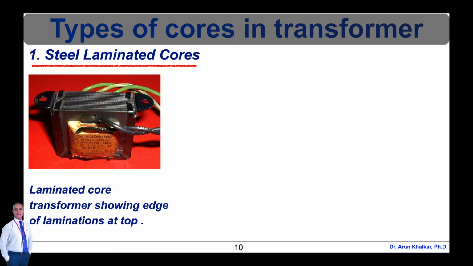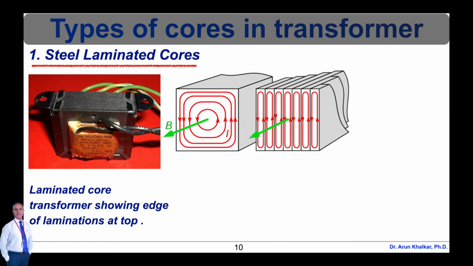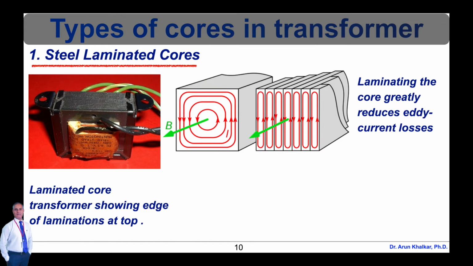Early transformer developers soon realized that cores constructed from solid iron resulted in prohibitive eddy current losses, and their designs reduced this effect with cores consisting of bundles of insulated iron wires. Later designs constructed the core by stacking layers of thin steel laminations, a principle that has remained in use. Each lamination is insulated from its neighbor by a thin non-conducting layer of insulation. The transformer universal EMF equation can be used to calculate the core cross-sectional area for a preferred level of magnetic